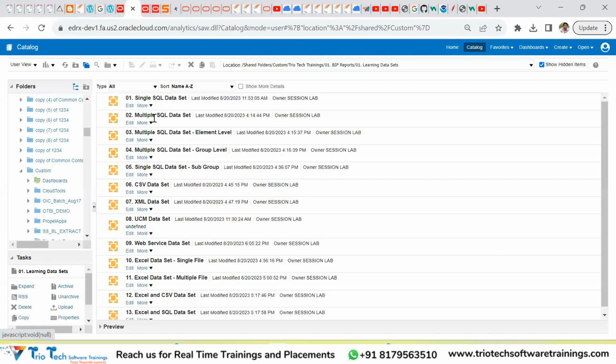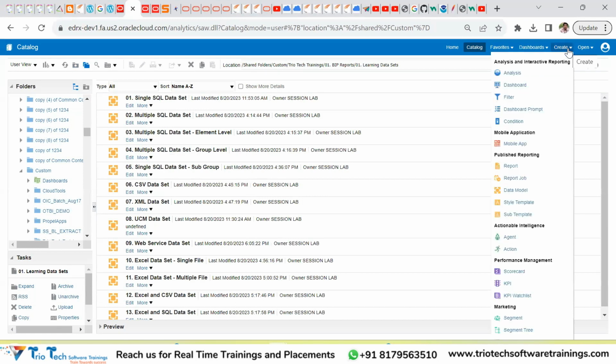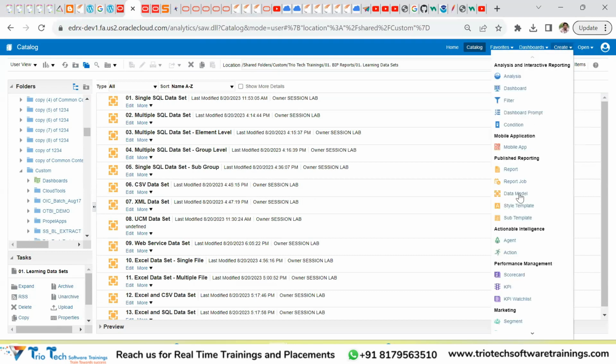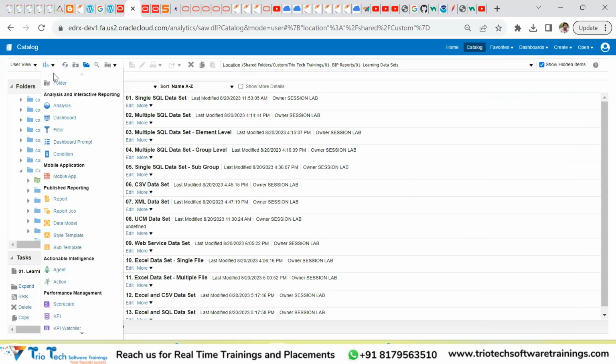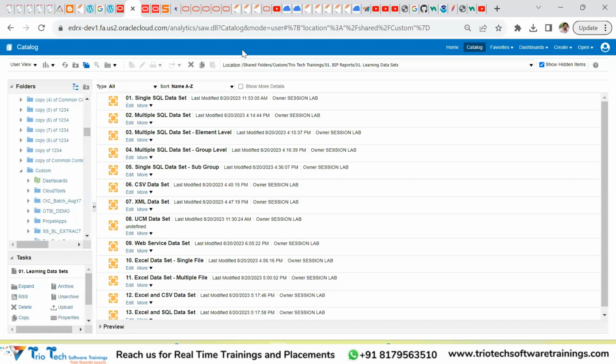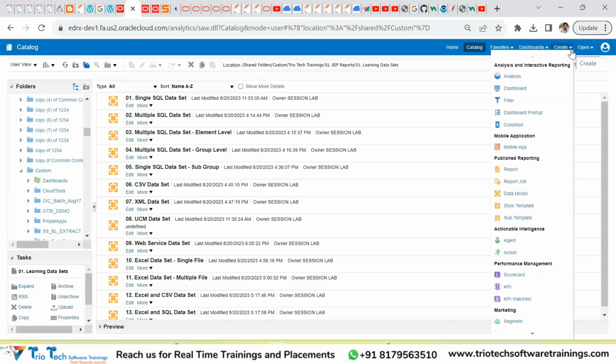So now going forward, as I have demonstrated all these options, one of the key options that we will be starting is the data model. You can see under create, all these options are coming to create, and one of the key options is a data model. And from here as well, we can create a data model. Based on the roles and the access that you have, all these options will be visible to you. And suppose we are supposed to create a data model, we could come here and click on data model,